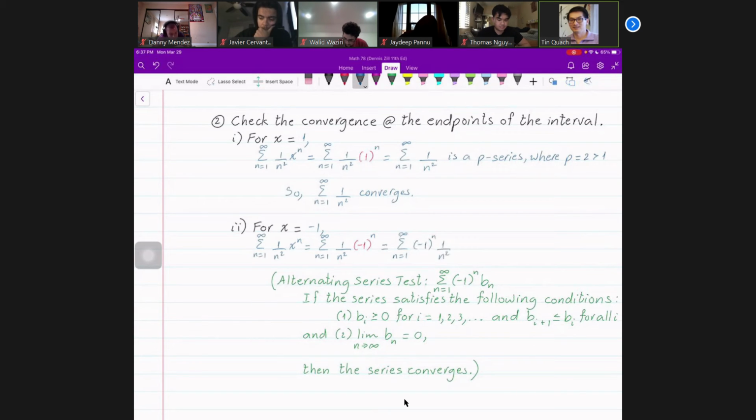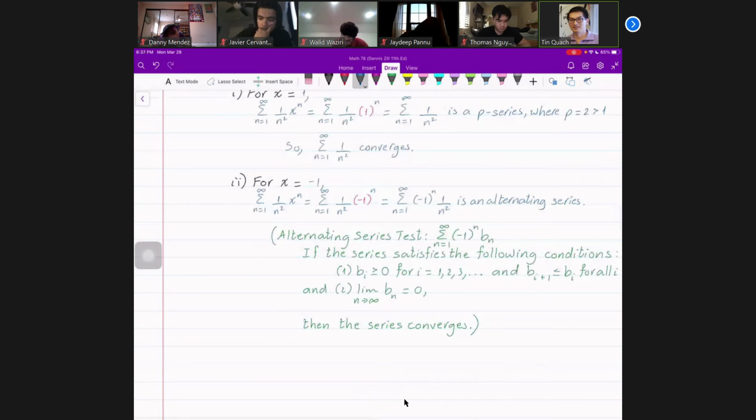And this is an alternating series. So if it is an alternating series, you can use the alternating series test. So the alternating series test is like this, right? You have a series, and it says this series converges